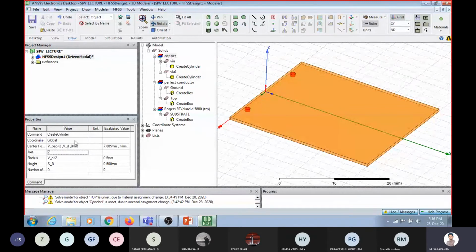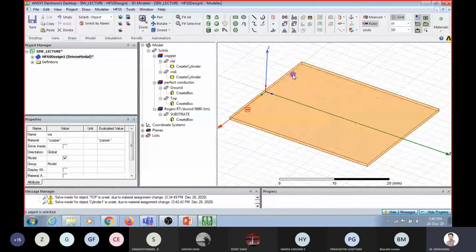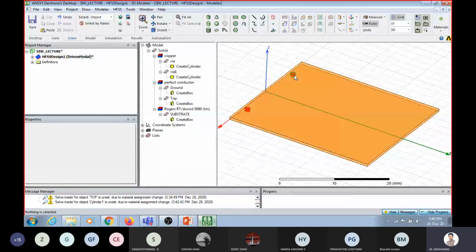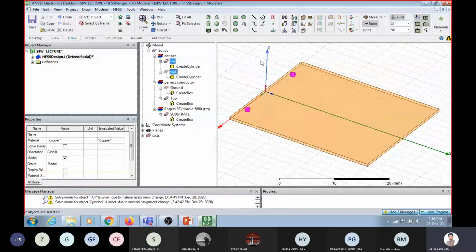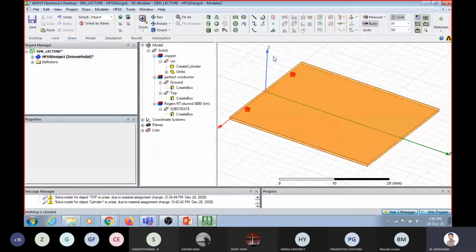Now it has to be in positive direction. That's all. Okay, one via here, one via here, and I have to copy the via along this axis in the y direction. So join these two vias into a single via, unite it. As I told you earlier, unite the via.